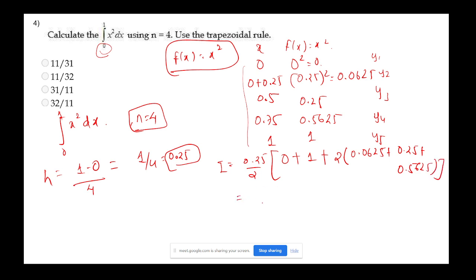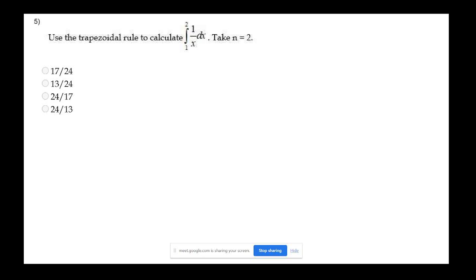So if you solve this, here you are given the options in the form of fractions. If you solve this, the fraction will come out to be nothing but 11 by 32. So this is how you do it. You can calculate the value on your own and it will come out to be 11 by 32. Next question is,